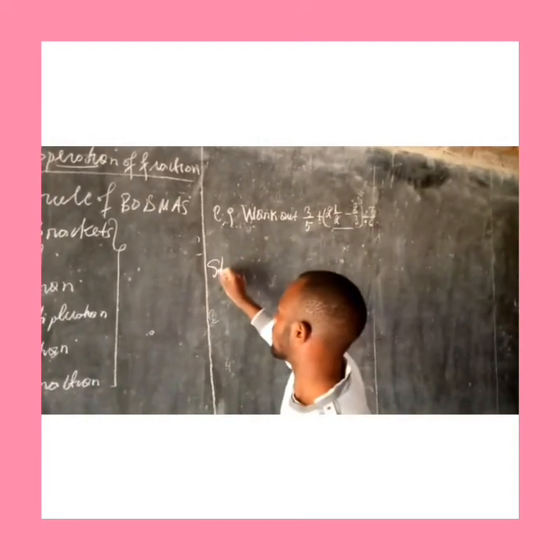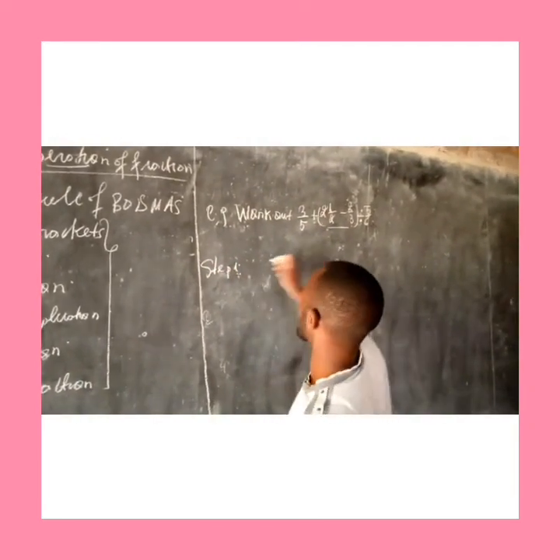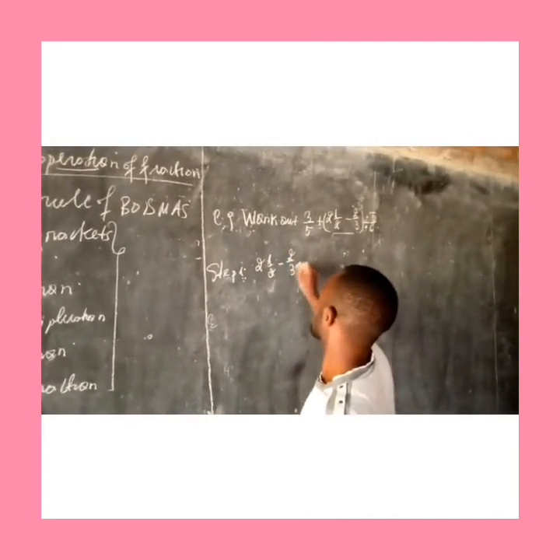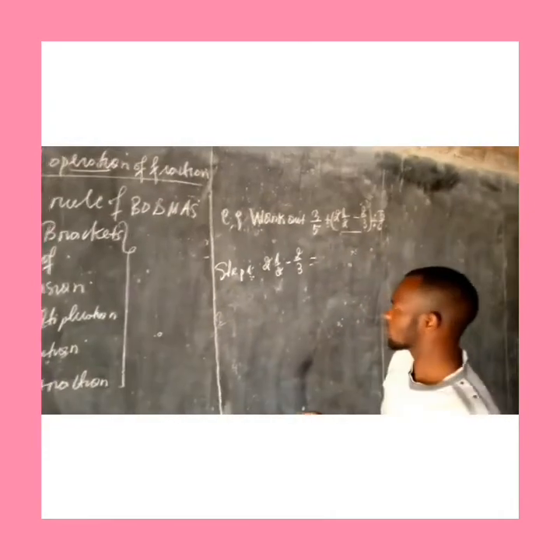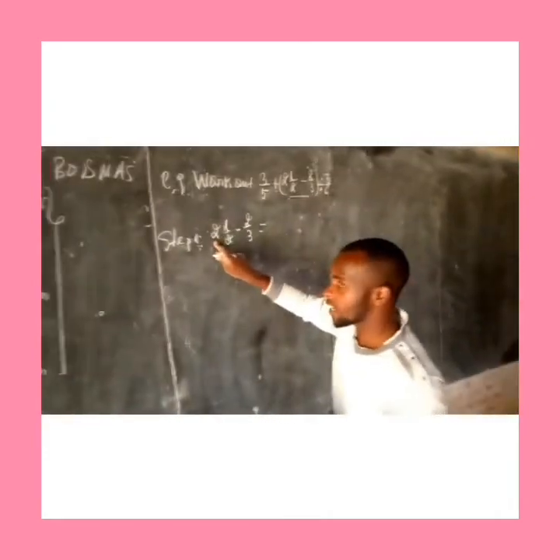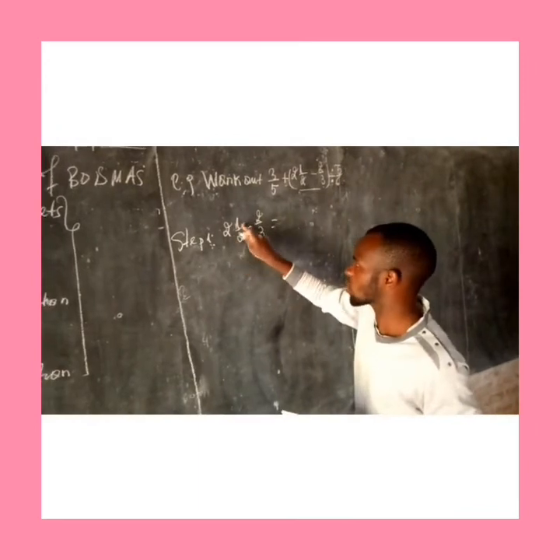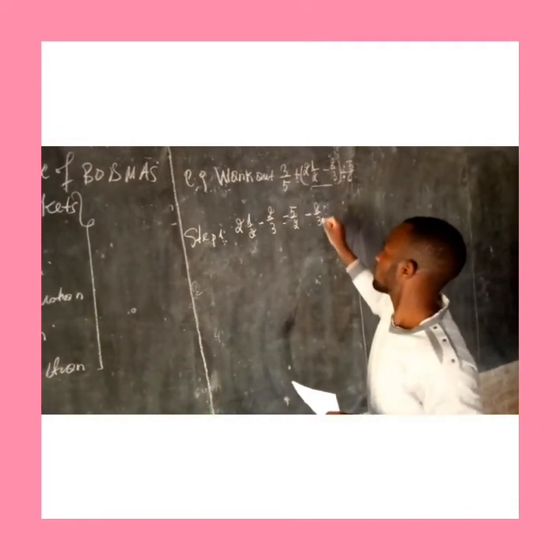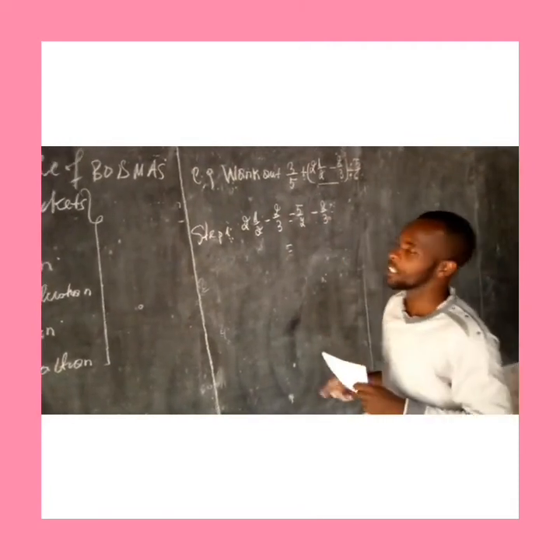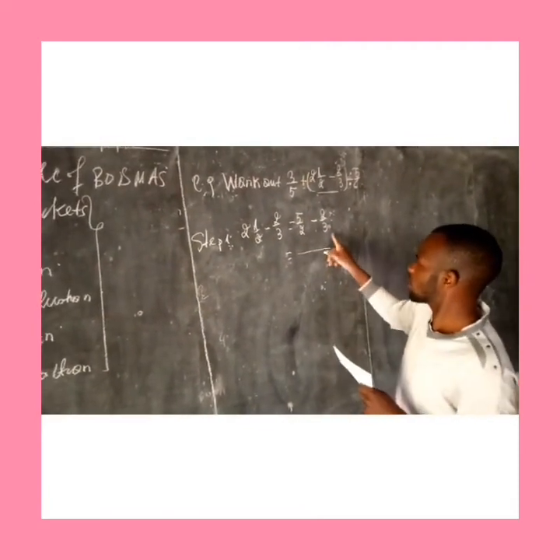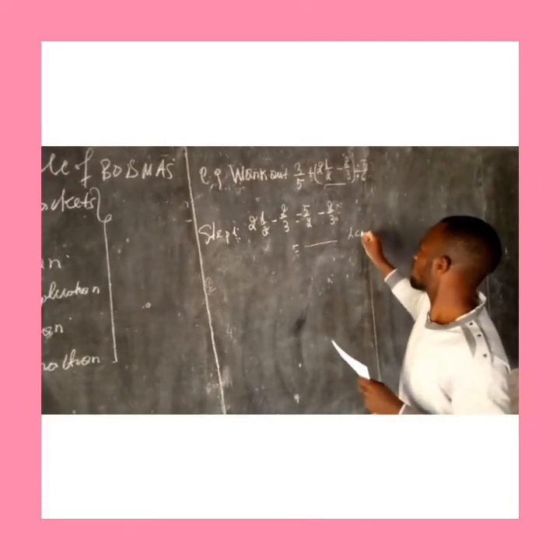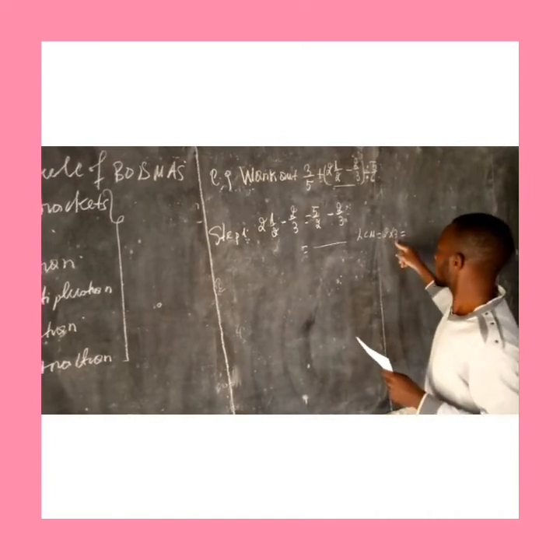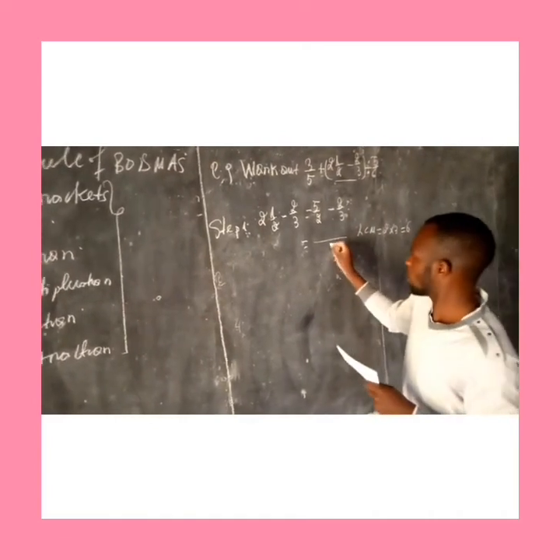So now, step 1. Let us start with 1 and 1 over 2 minus 2 over 3. Means that about subtraction, 2 times 2 we get 4, 4 plus 1 we get 5 over 2 minus 2 over 3. So first of all we have to find the lowest common multiple. We take 2 times 3, which is equal to 6. Yes? And now we get 6.